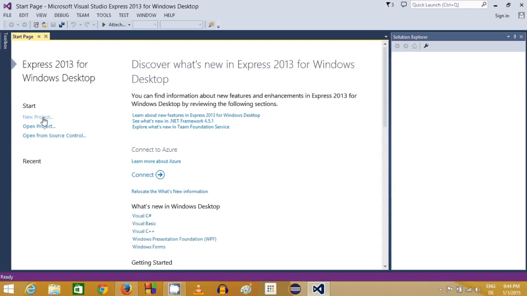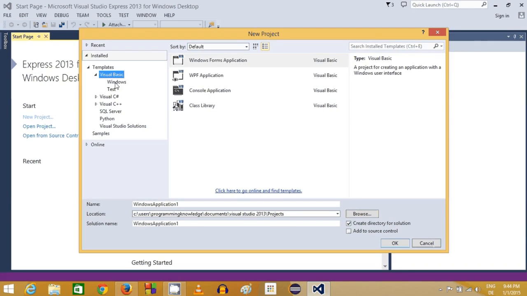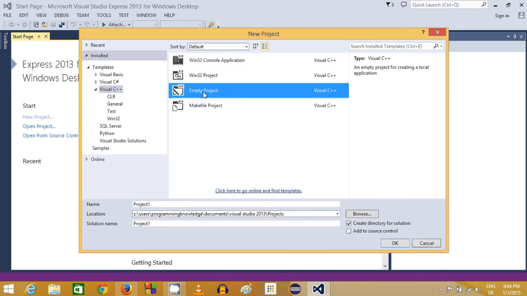One is to click this new project button, or otherwise you can click the file menu here and then click new project. So just click that, and in here you have different template categories, and the one we are looking for is Visual C++. Once you click this Visual C++ category, you will be able to see some options. What we want to do is make an empty project. So I will select empty project from here,